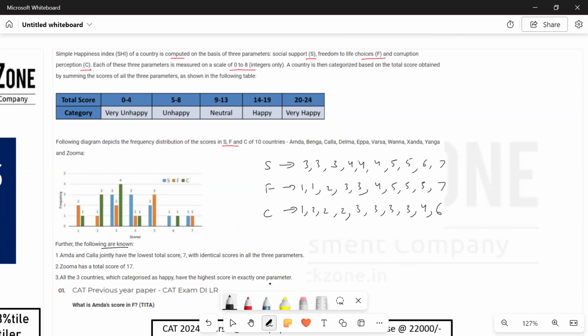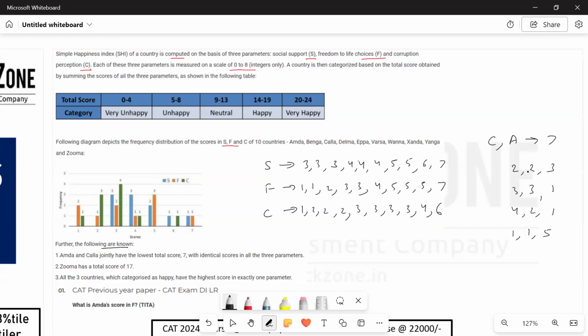If we look at this distribution, how is it possible कि A और C का basically दोनों का score 7 हो? How is it possible? We know 7 को हम कैसे डिस्ट्रीब्यूट कर सकते हैं? It can be either 2 2 3, it can be either 3 3 1, or it can be 4 2 1, or it can be 1 1 5. ऐसे भी possible है. ये सब distribution possible है for 7. ठीक है.